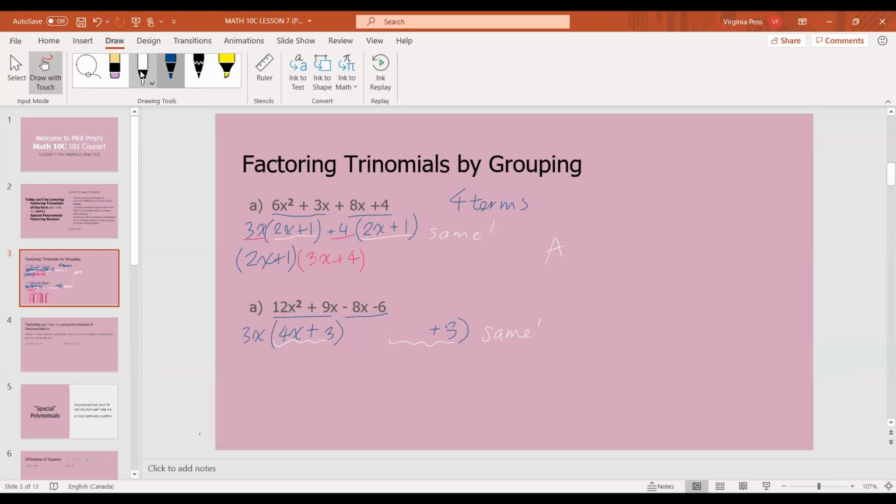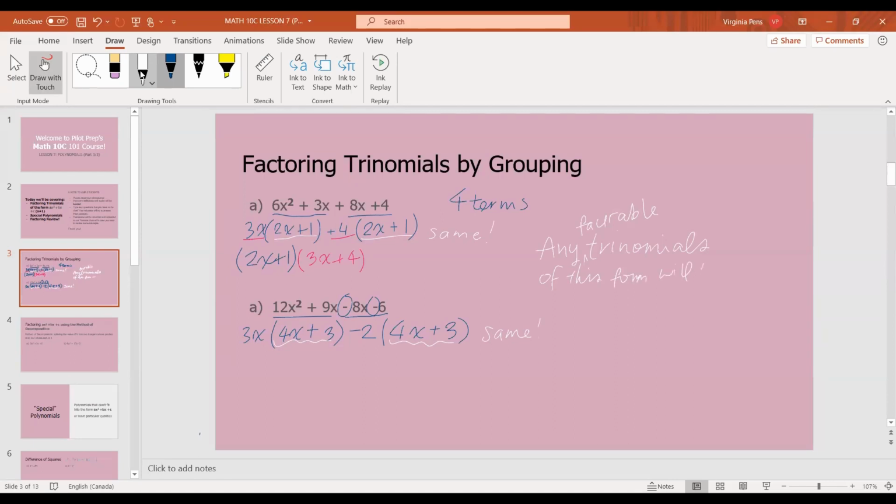Any trinomials of this form. I guess I should also say any factorable trinomials of this form